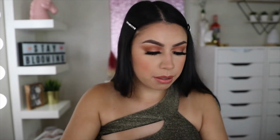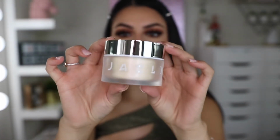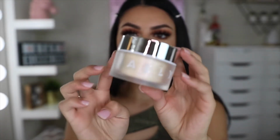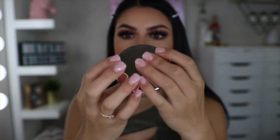Okay, so for the Moonlight, I picked up Do Me. I feel like that was the best shade I could get for me. Let me take it out. So this is what the packaging looks like. I honestly really love how it looks though. I love how it's a frosted bottle, and then it's a shiny silver on top, like a mirror, as you can tell, but then it does get the fingerprints on it,